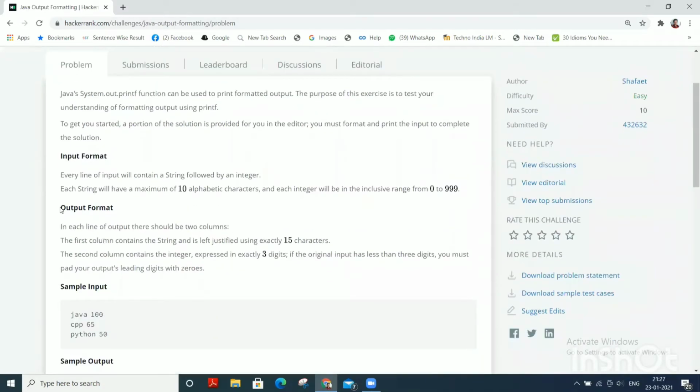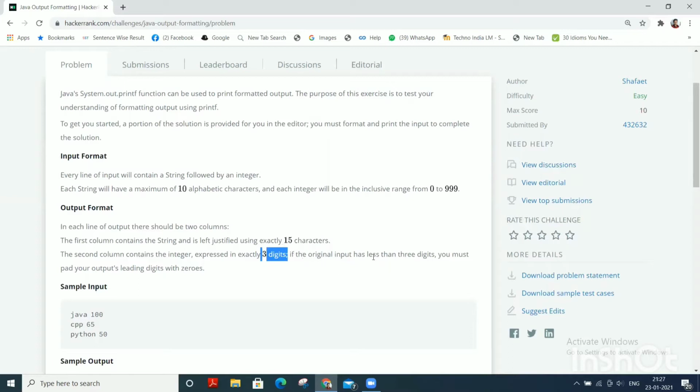Coming to the output part, in each line of output there should be two columns. The first column contains the string and is left justified using exactly 15 characters. The second column contains the integer expressed in exactly 3 digits.